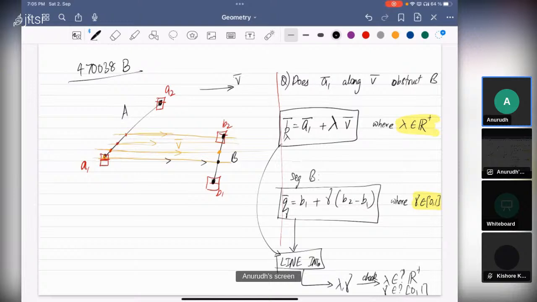Now notice that our line intersection had some edge cases, right? Because in your line intersection template, you can only return the final unique values of lambda and gamma when the lines actually intersect and are not parallel. So you actually have two edge cases here. One is you have parallel lines, in which case you know how to deal with this: you say it doesn't obstruct. And then if you have the same line,